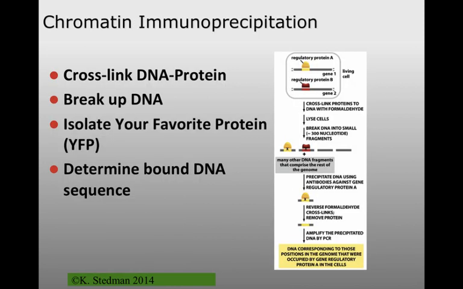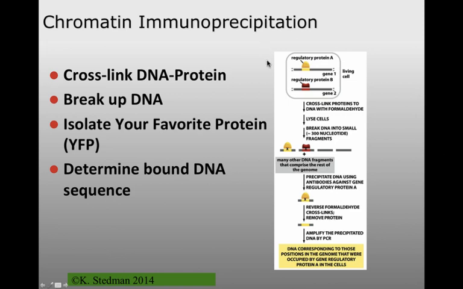What people are doing more and more these days to get an idea of what DNA a particular protein is binding to is chromatin immunoprecipitation. And this is also really nice because you can now see inside a cell how you have binding of a particular protein to a particular DNA sequence. In DNA footprinting, you have to start with one particular DNA sequence and see where your protein's bound to it. Whereas here, it could be all of them inside the cell. So people are going much more in this direction.